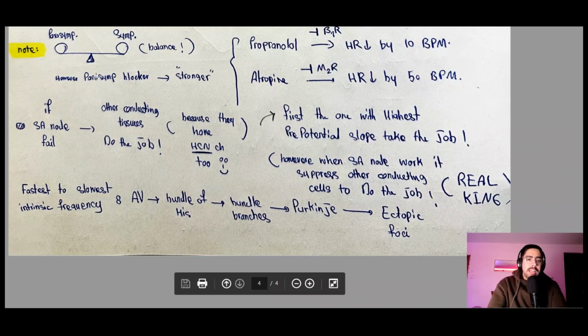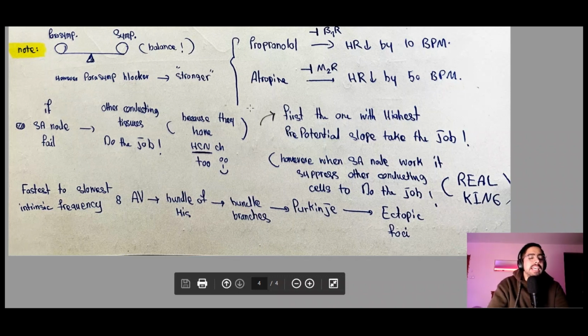So now we know about the physiology. Let's talk a bit more about pathology. It's physiology-related and you need to know it for your exam, and if you tell it to your examiner, they're going to love it. So what happens if the SA node doesn't work? If the SA node doesn't work, the next conductive tissue will do the job. But which one